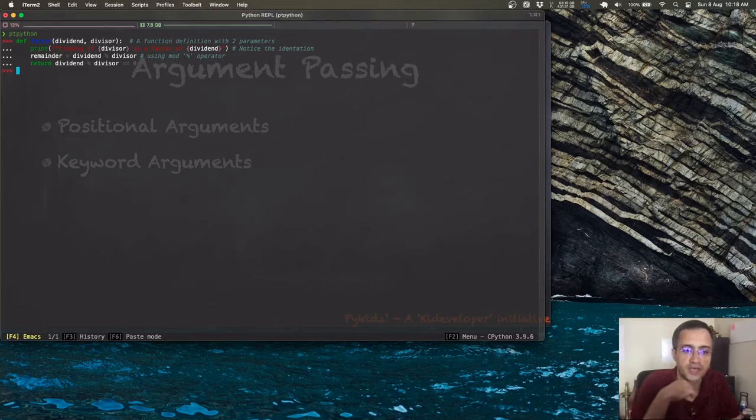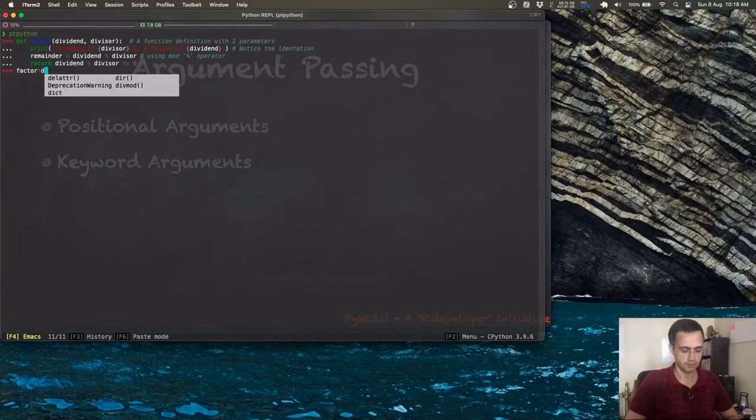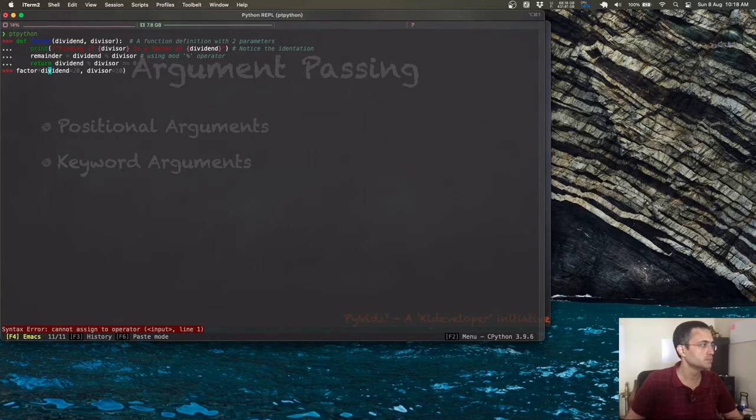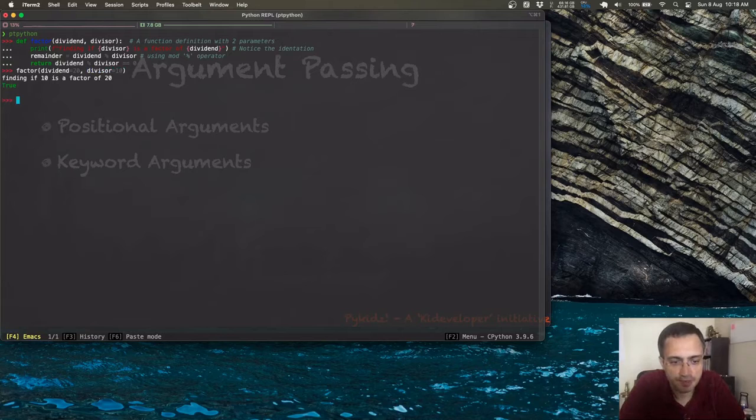The factor is defined now. Now I am going to show you how to call using keyword arguments. So that worked, right? I could change the parameters. That also works, and that worked as expected.